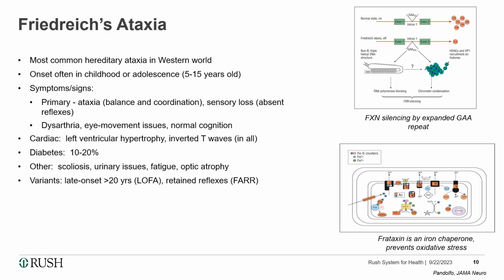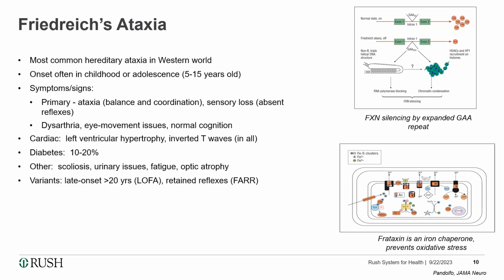So this is a systemic disorder. The silencing of this gene causes problems, especially with the heart. And so these patients develop left ventricular hypertrophy. Almost universally, if you order an EKG in these patients, they're going to have inverted T waves. Many of them do fine for quite some time without cardiac problems, but you want to make sure as soon as you diagnose them that you send them to cardiology to establish care and make sure that there's nothing going on currently. 10 to 20% of these patients develop diabetes,